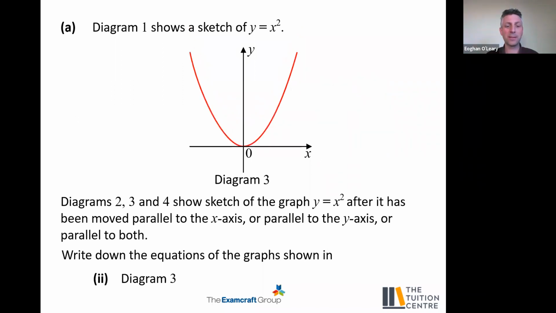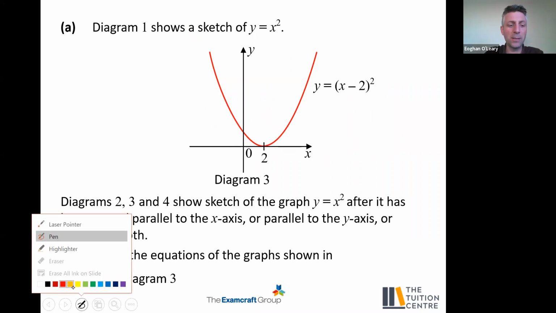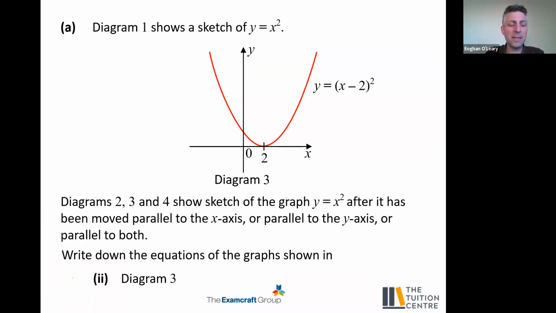So we'd be hoping that students would have gotten that 5 marks. And then as we move on to part A2, you're asked for the equation when the graph shifts 2 units to the right-hand side. Now, oftentimes students will make a little mistake in this, because the answer is actually y equals x minus 2, all squared. And you could understand why students might have a plus instead of the minus. But in this case, how I always explain it to students why it's the minus 2,